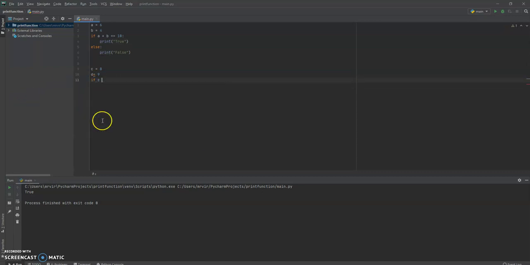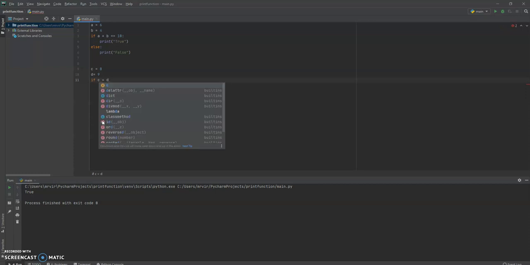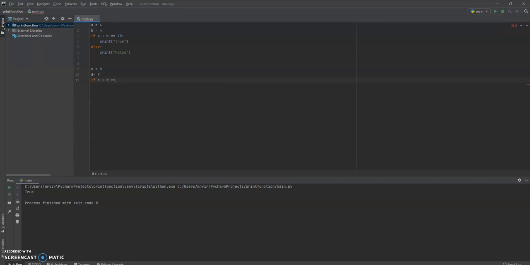So let's just go C where we were before. C plus D. If it is equal to 15, and then you need to have a colon. If you forget a colon even once, it's all gone for you. Python's gonna be like, what? What do I do? I don't know that code. Oops. Not equal to 50. So I guess I'll need to print false instead, unless I want to get my information wrong. And then I go back here, and then I go else, print